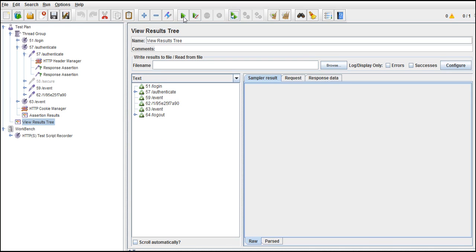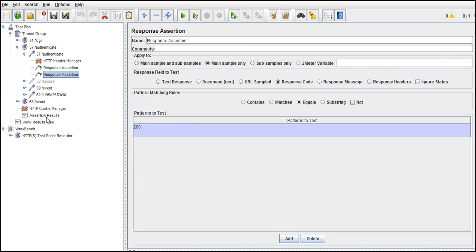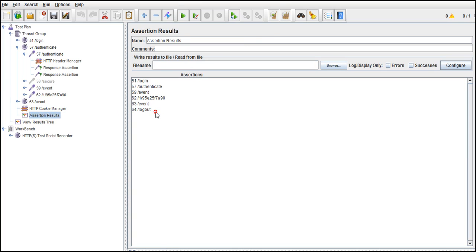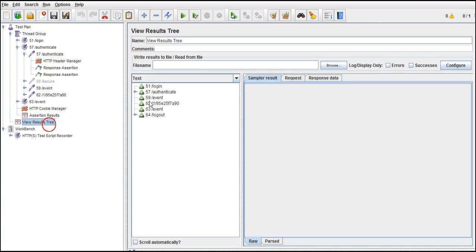Okay, so execution is done. If the assertion is passed, that means your script has also passed. You need not worry about going and checking the response every time, because this is taking care of that. So let's go back to our assertion results and see. If there is no error message printed here, that means all succeeded. These are just steps, label names. If there is some issue, it will print out an error in two or three lines. But if you see there is nothing else,